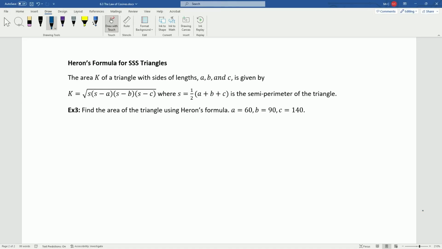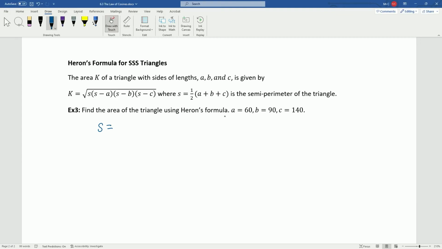That being said, the area K of a triangle with sides of lengths A, B, and C is given by K equals the square root of S times S minus A times S minus B times S minus C, where S is equal to 1/2 A plus B plus C, the semi-perimeter of the triangle, right? The perimeter is A plus B plus C. The semi-perimeter is just half of that. That's what that means. So, in other words, when is this valuable? This is valuable when all I know is the three sides of the triangle and I don't know the height of the triangle. So if you just know all three sides, you can go straight to this formula, plug it in, and be done. Now, I need to know what S is, so when we look at this example,